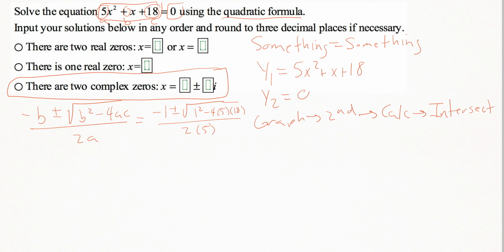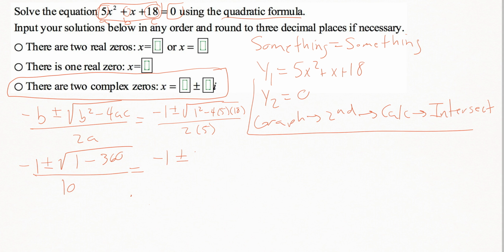and all of that's going to be over 2 times 5. So we go ahead and clean this problem up, and we're looking at negative 1 plus or minus the square root of 1 squared is just 1, minus 4 times 5 is 20, and 20 times 18 is going to give us 360. And then on the bottom, we end up with 10. So we keep working our system here. We end up with negative 1 plus or minus the square root of negative 359 when we do 1 minus 360, all over 10. Here we then go on and we break out of the square root an i,